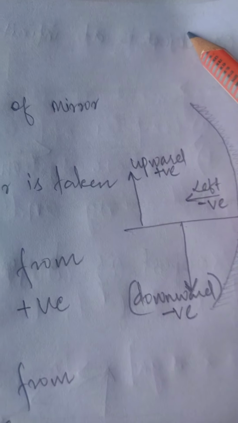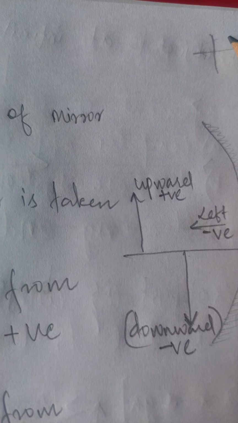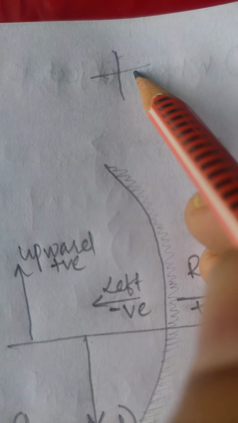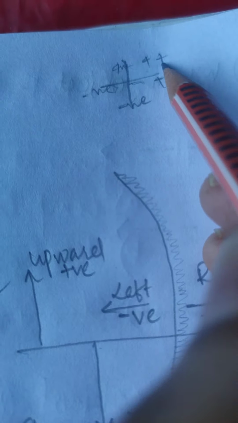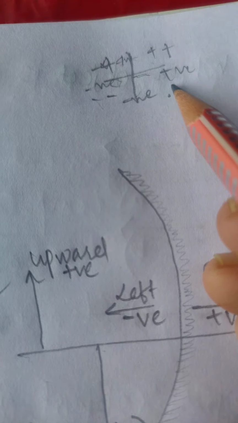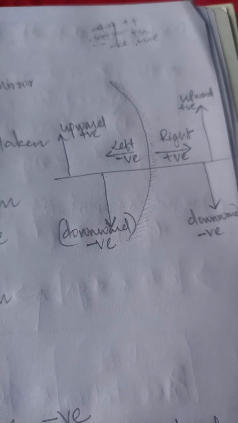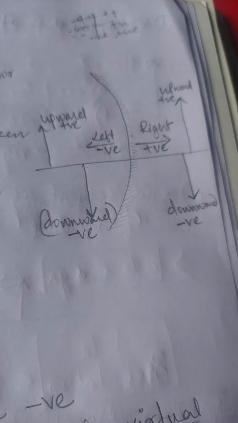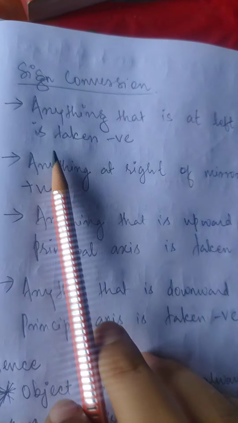Like when we are drawing a graph, we draw four quadrants, right? In the first quadrant, this is positive, this is positive. This is negative, and this is negative. So here this is positive-positive, this is negative-positive, this is negative-negative, and this is positive-negative. In the same way, here also there is a certain rule: on which side there should be positive, which side negative, and upside what it should be. I will be explaining that.